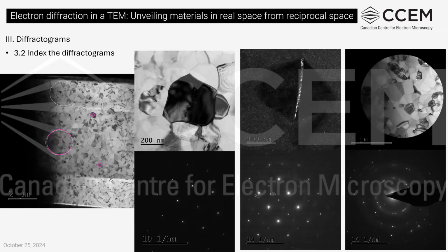Here I will run the analytic software, CrystalBox, to index those typical diffractograms. I will work on 3 scenarios. They are from the same sample, as you can see here. This is the austenitic nickel titanium TEM foil made by FIB. The magenta circles here are the SAED apertures I used to choose different areas of interest. The first example is from this grain. There is just one single lattice.